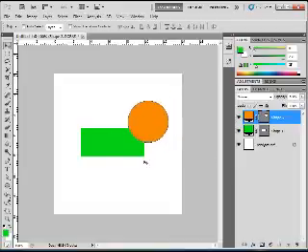But you'll see over here in the layers panel that we actually have shape 2 selected, which is the circle. We'll just rename that so we know a little bit easier next time. We're going to double click on the layer there and rename it rectangle,